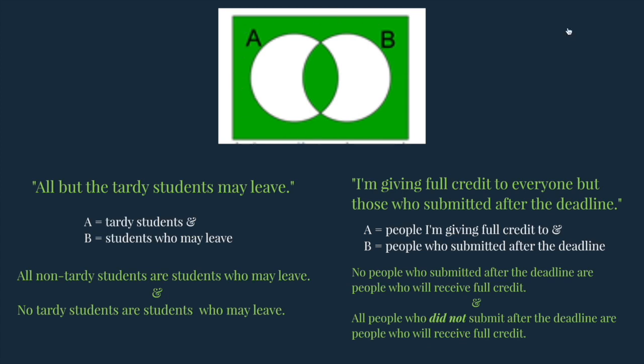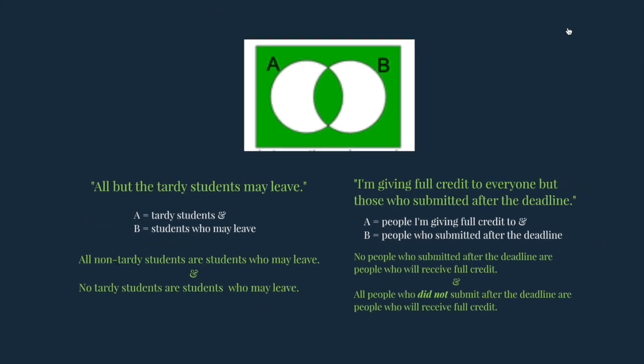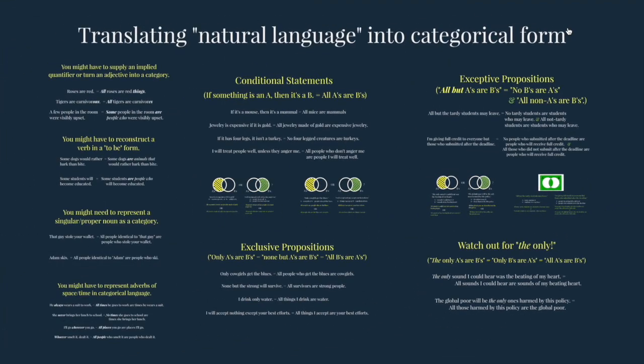That last set of examples is pretty complicated. I don't mind saying that's easily the most difficult sort of translation that we'll deal with in this lesson. It's also the last kind of translation that we're dealing with in this lesson. You have a homework assignment that asks you to translate some natural language statements into standard categorical form. As you're approaching that assignment, do keep in mind some of the rules that we've talked about in this lesson,